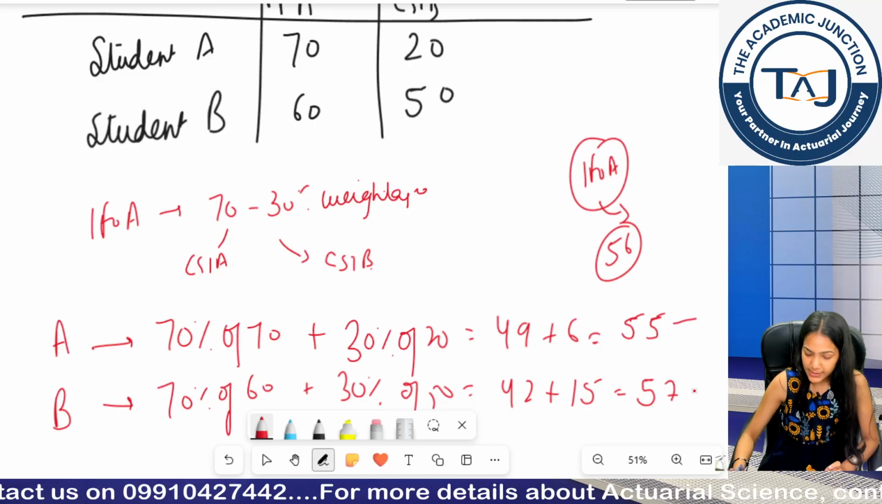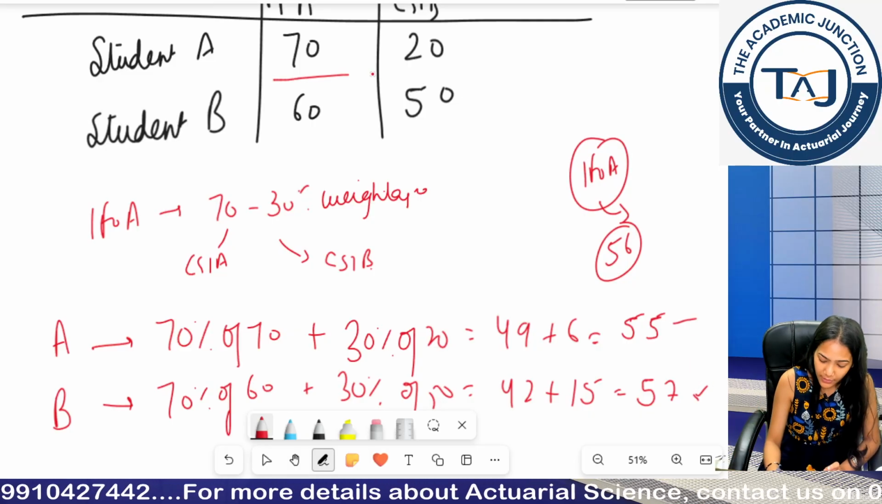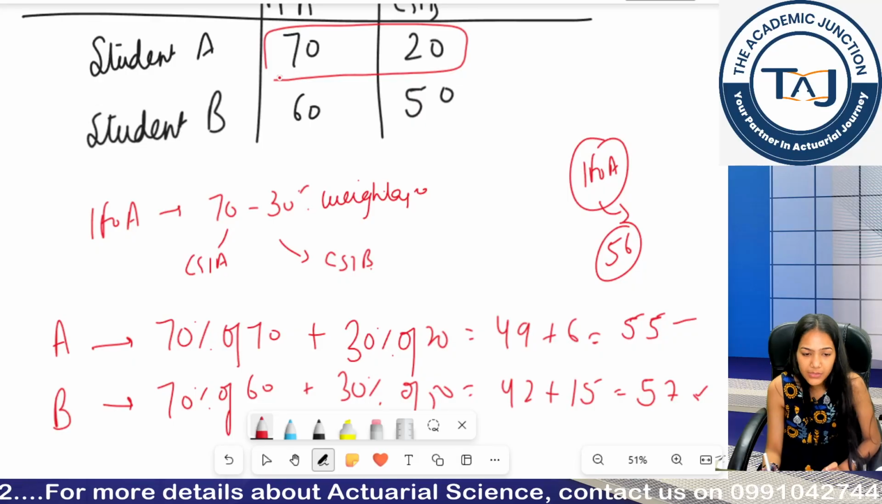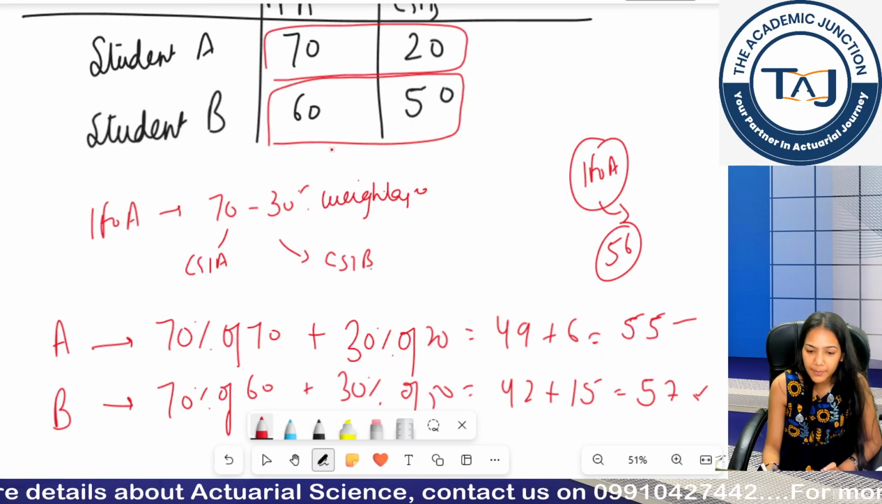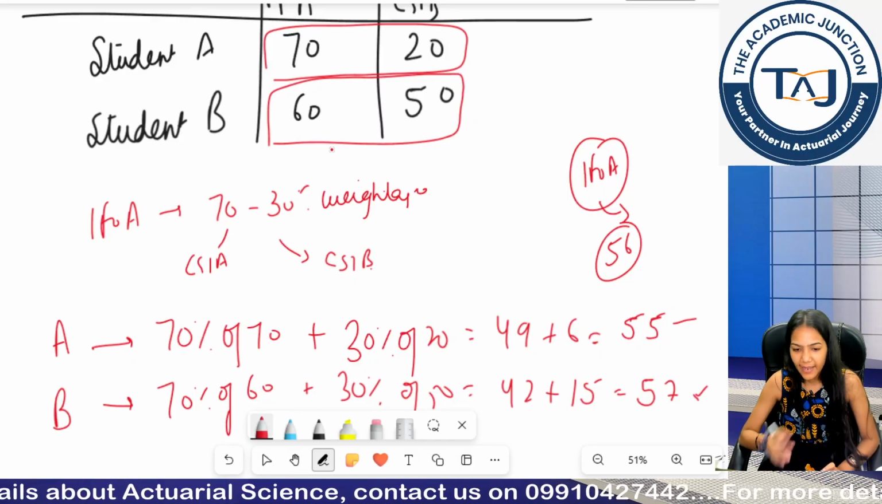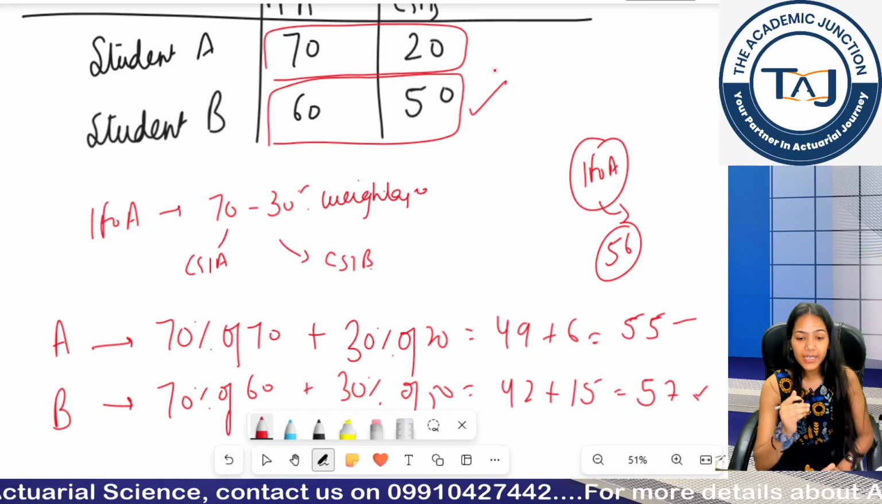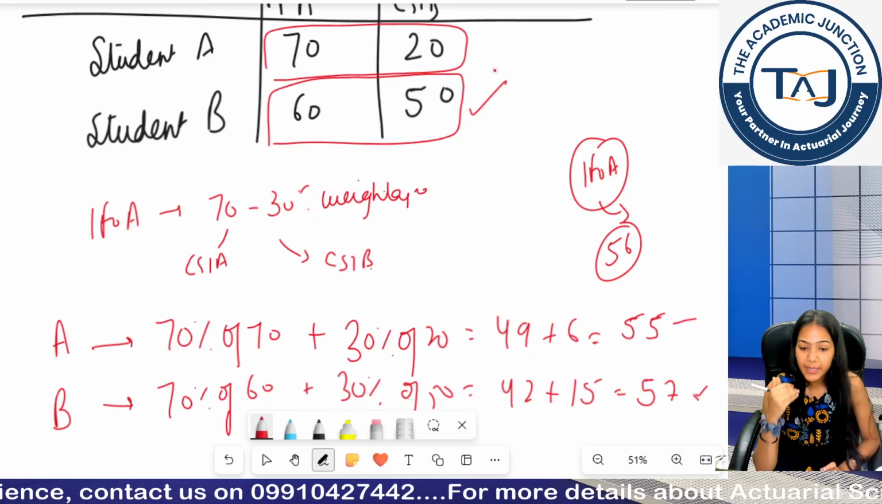So A fails but B passes. Make sure, look, there was too much difference between paper A and paper B. Student A scored very well in paper A but very poorly in paper B. Student B remained consistent. He did almost average in both the papers and he was getting more marks. So it is very important that you make sure you are learning paper A and B as well as